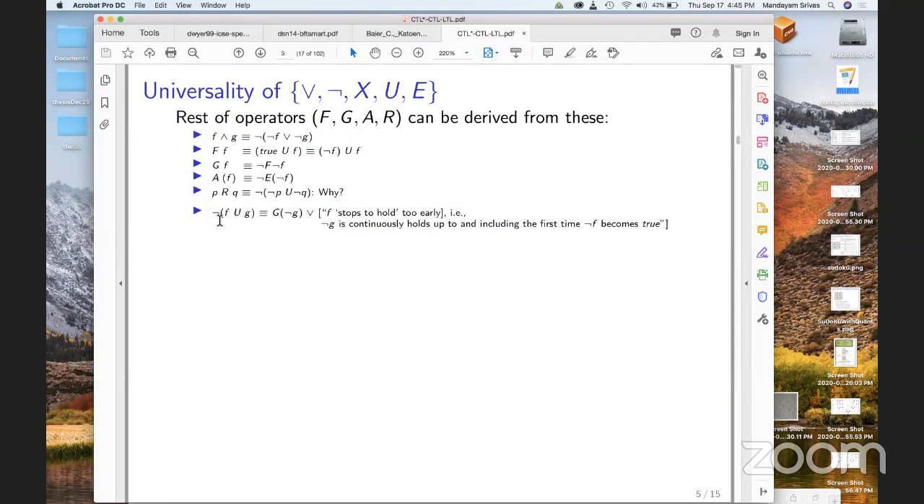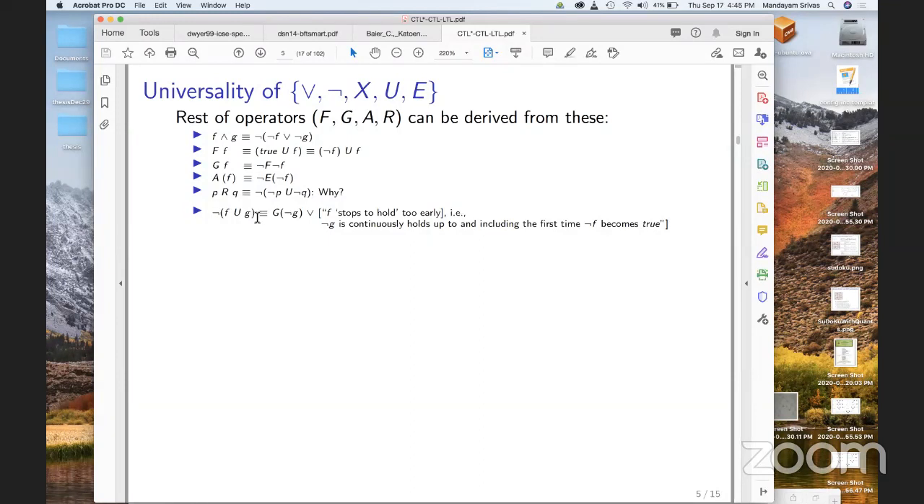So let's first see what is not of F until G. What is F until G? G must be eventually true, and up to the point preceding when G becomes true, F has to be continuously true. That's what the semantics of the until operator is. So a negation of F until G must satisfy this condition that I have shown on the right-hand side. Either